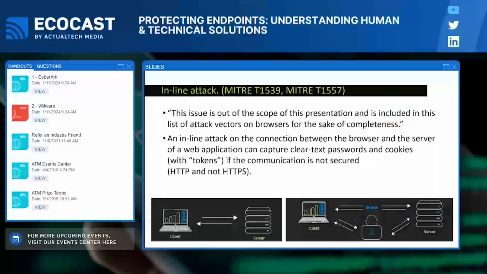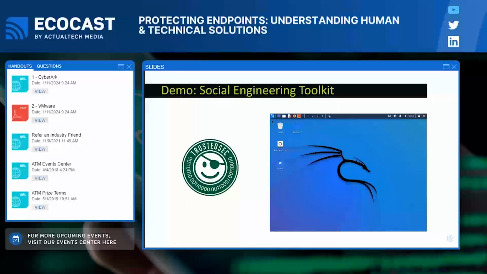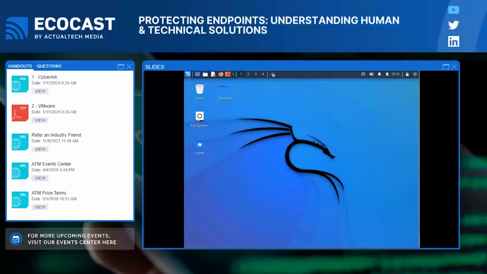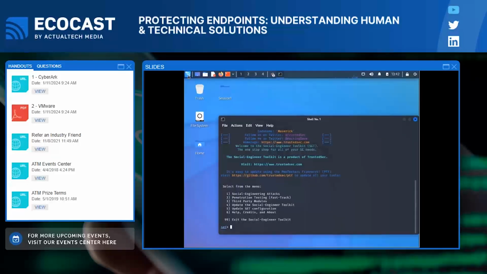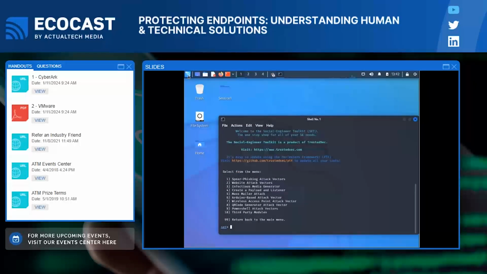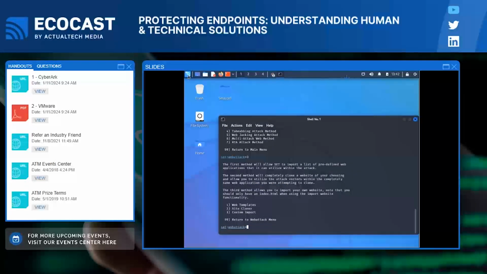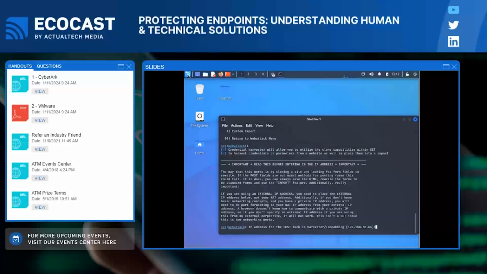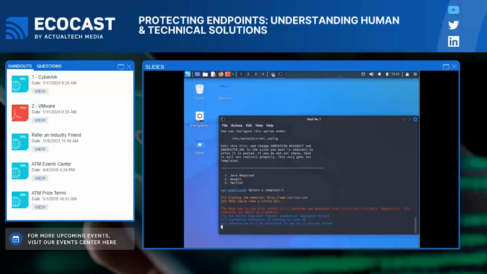There are 2 ways that we could go about stealing secrets through this method. The first would be at the network layer, using some sort of a proxy server to intercept the network traffic. But then there's another way, and it's just using social engineering. This here is TrustedSec's Social Engineering Toolkit. Dave Kennedy and crew were able to get SET installed into the base image of Kali Linux. So I just spun up a fresh VM here, launched SET, and what we're going to do is use SET to make a phishing site. There are tons of built-in templates here within SET. You could even clone your own website if you so chose, but we're spinning up an instance of X or